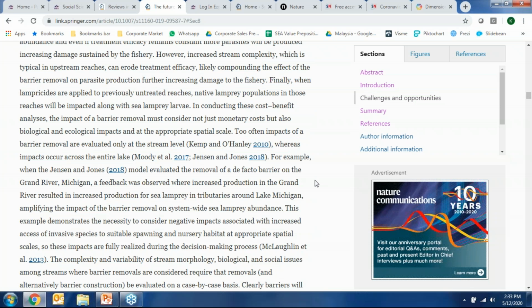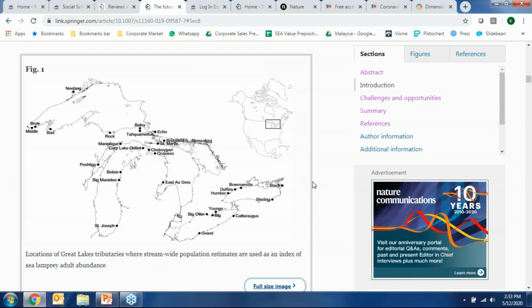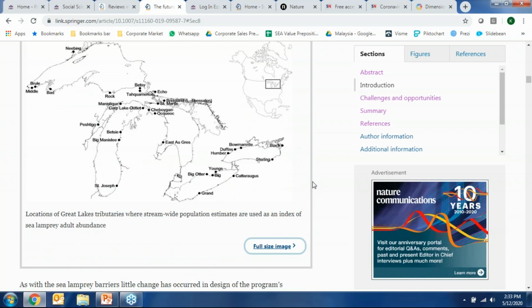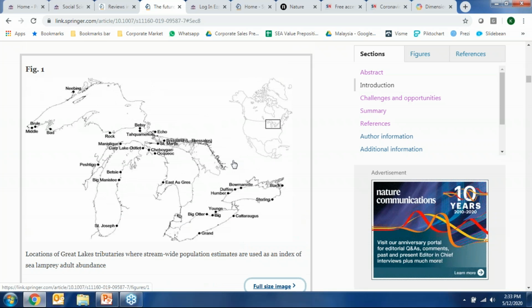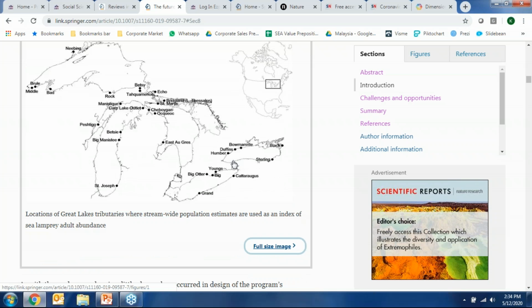You also get to see through the HTML format the full-size images or tables or graphs, like the one that I showed you, like the one I'm showing here. These are the exact same files that are submitted by the author when they submit their manuscripts to be published. So again, instead of looking at, for example, a traditional PDF format, this particular image in a PDF would be quite small, it would be quite squished, and you wouldn't be able to necessarily get the crisp images of it.